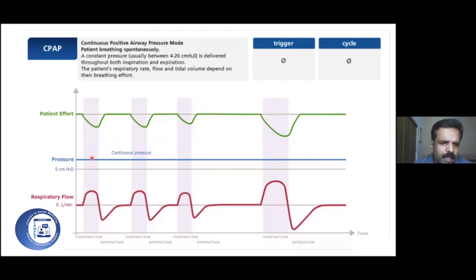Here again you can see the trigger, everything is controlled by the patient. We don't have many settings or much adjustment here at all. Even the smallest of machines will have a CPAP. And how to adjust the CPAP depends on the patient effort, which we'll explain later, especially in an OSA patient.